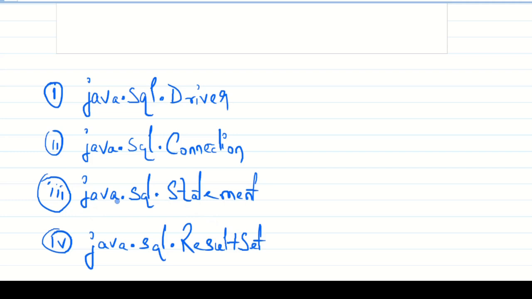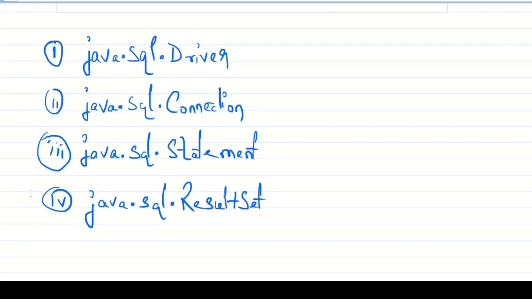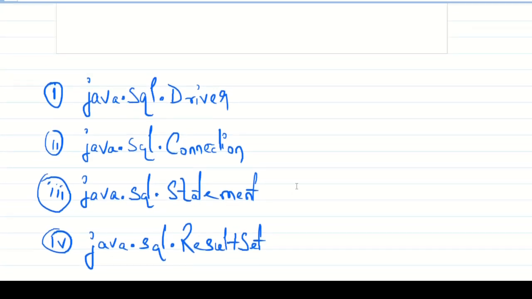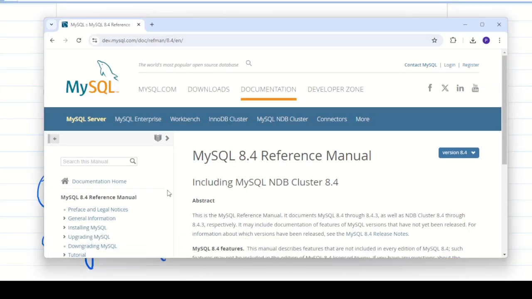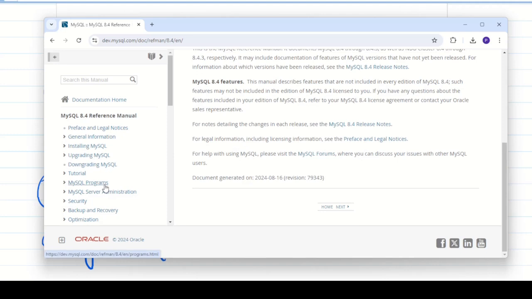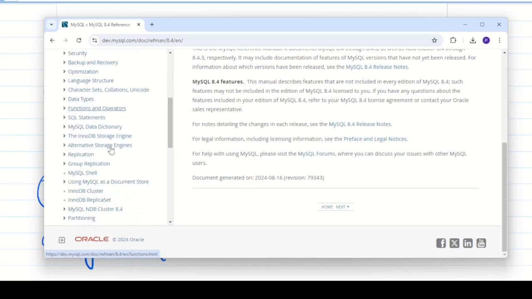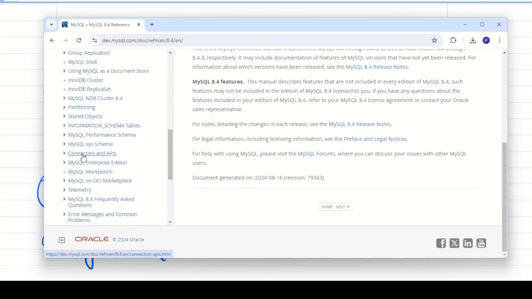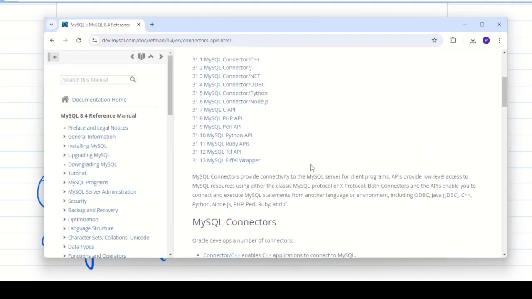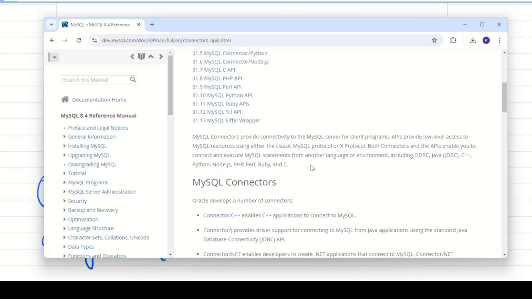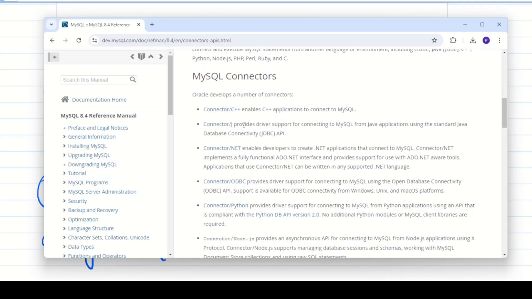And now how one implements this interface, for that we have to go to our specific database. Now since we have used MySQL, let's go to the MySQL documentation, and let's go to one section called connectors and APIs, and here they have lots of connectors for different technologies. For us, this is the connector that we are going to use. So this is for Java applications using JDBC. So let's go to this,